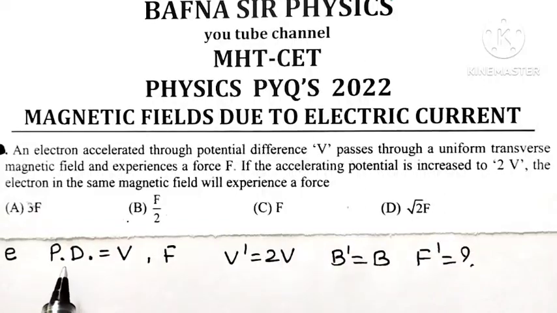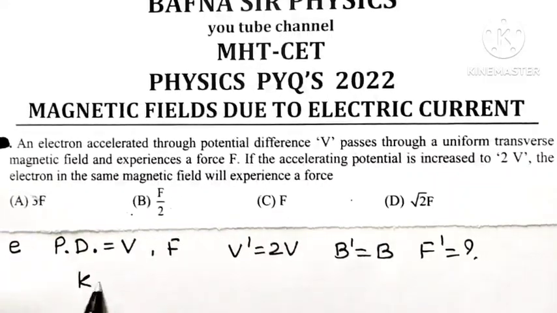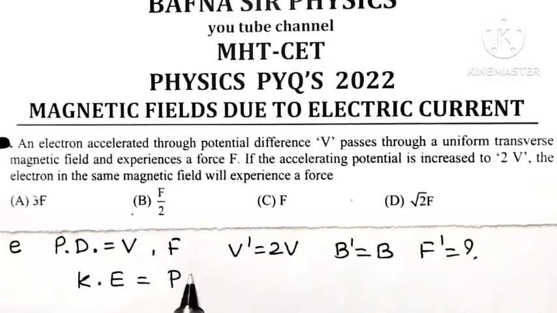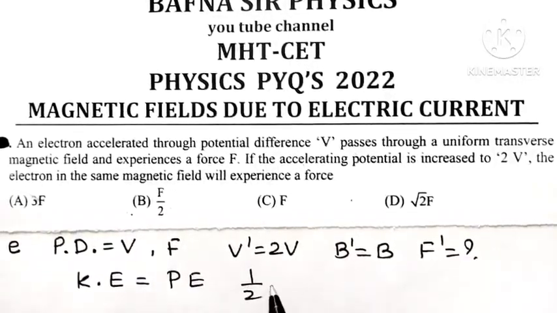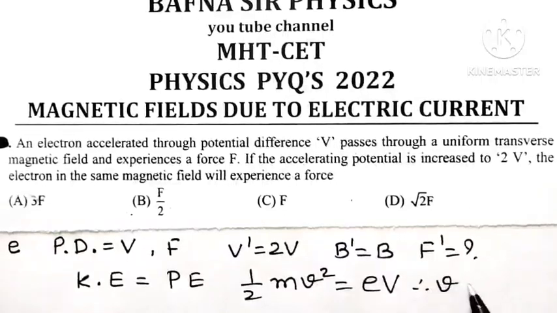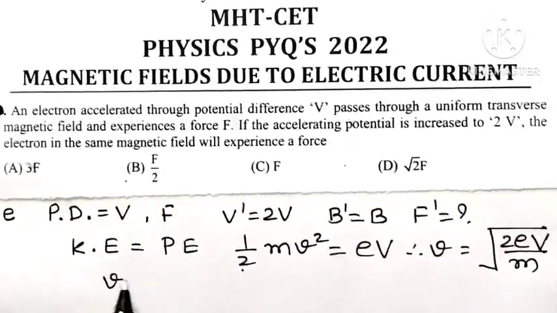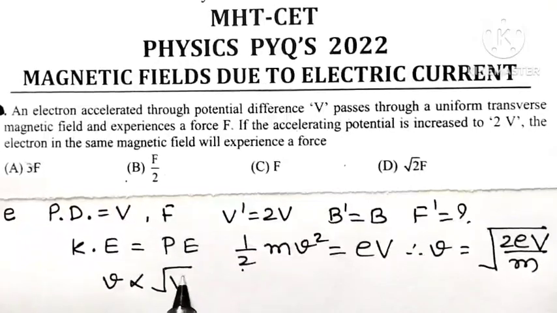Now we know that when a charged particle travels through a magnetic field, then kinetic energy is equal to potential energy. What is the kinetic energy of the charged particle? It is half m v square, and potential energy is charge multiplied by potential difference. So velocity v is equal to under root of 2eV divided by m. This means the velocity of a charged particle is directly proportional to the square root of the potential difference